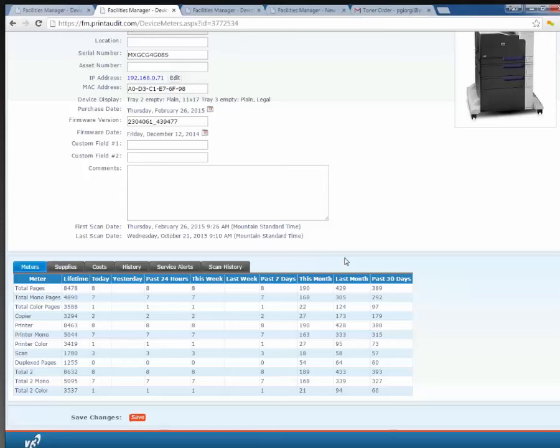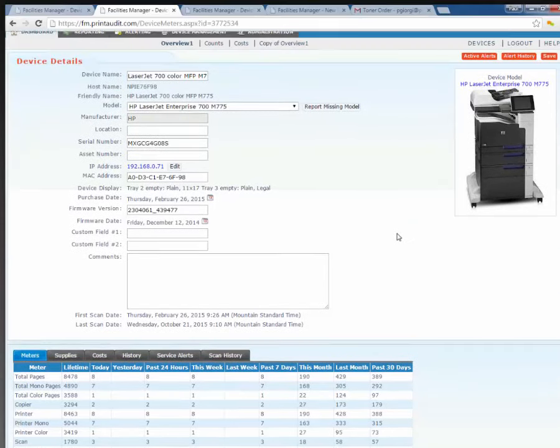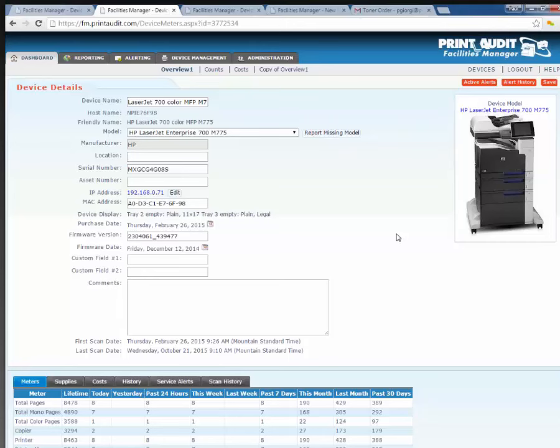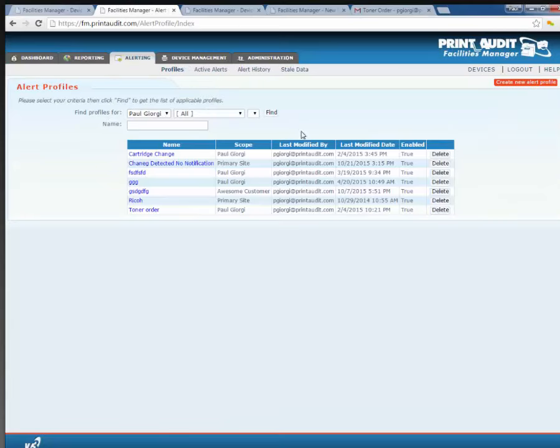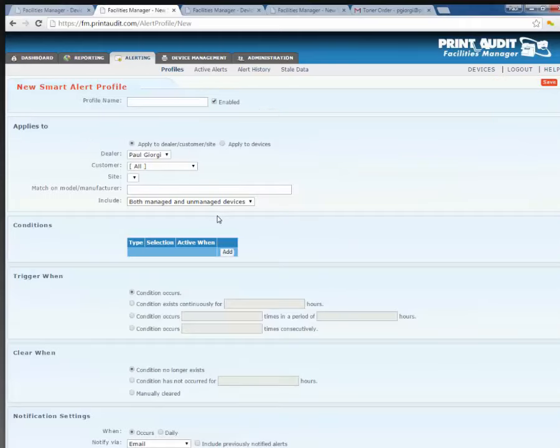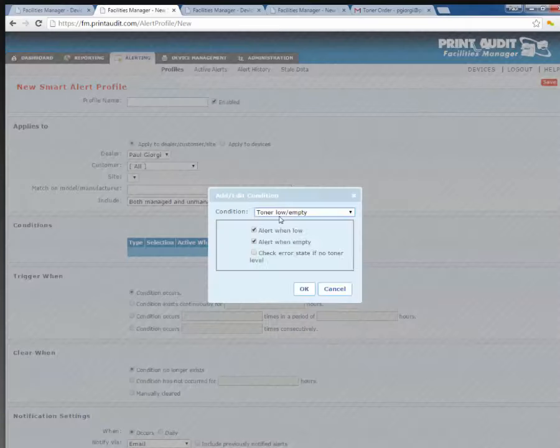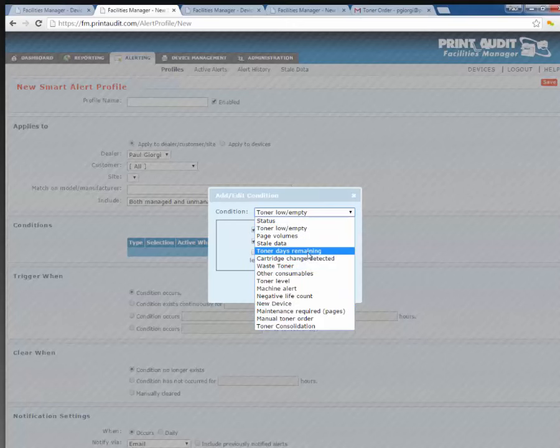Yeah, so what he means is, can we have a specific user email in a stale data alert so the client knows that it has stopped reporting? Yeah, and there's no problem with that. So if I go into alert profiles and I go create, and let's do a stale device one,